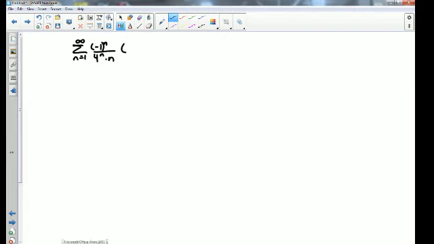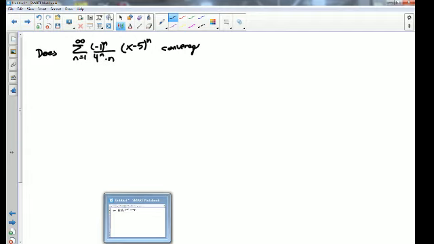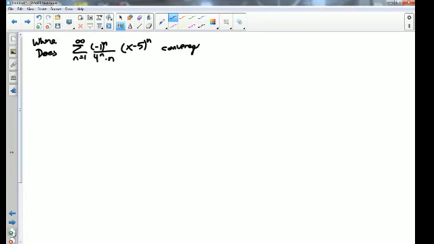A little bit nastier. So the question might be, does the series converge? Where? You'll always have the where question if you have a power series. So we have an alternating series here, right? The nice thing about the ratio test is it gets rid of that negative, so you don't have to worry about it. Okay, so if we're going to use the ratio test,